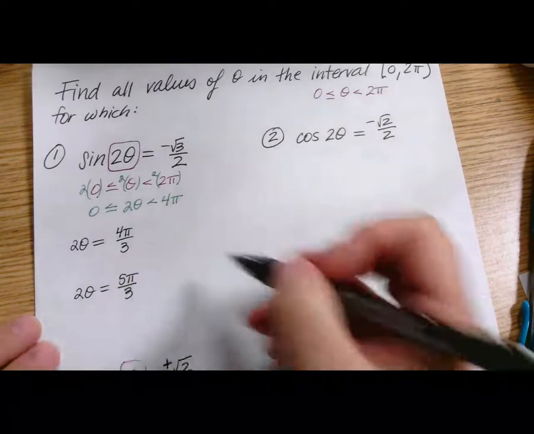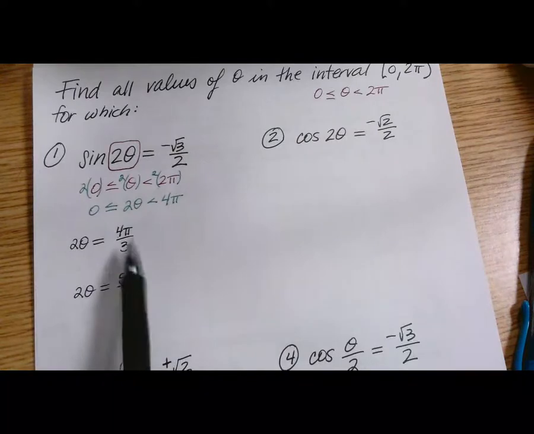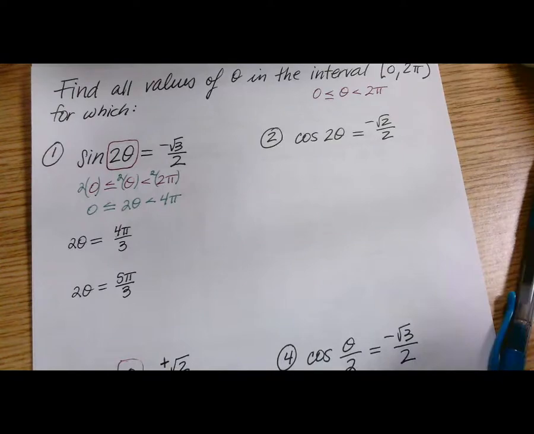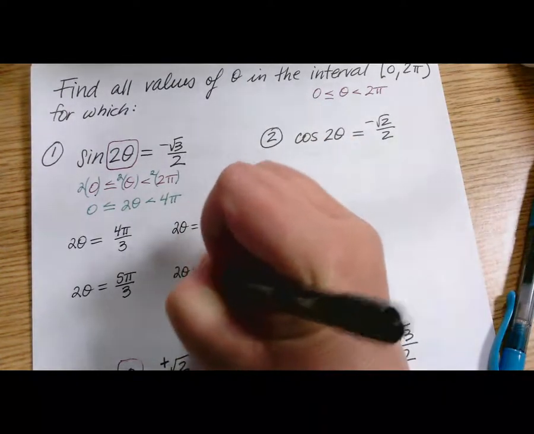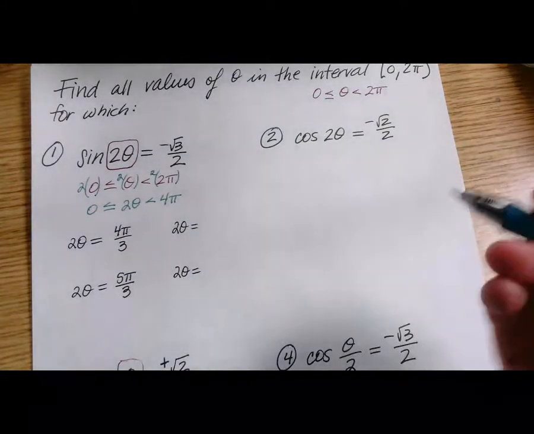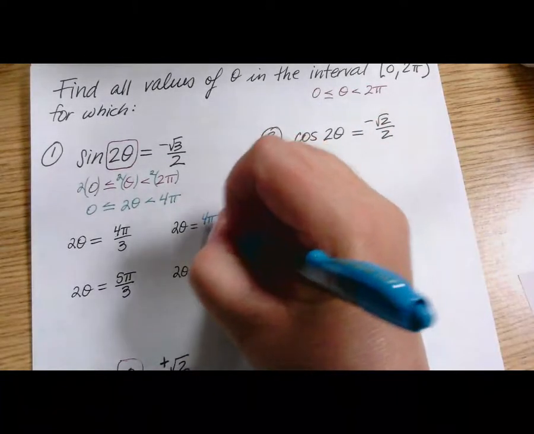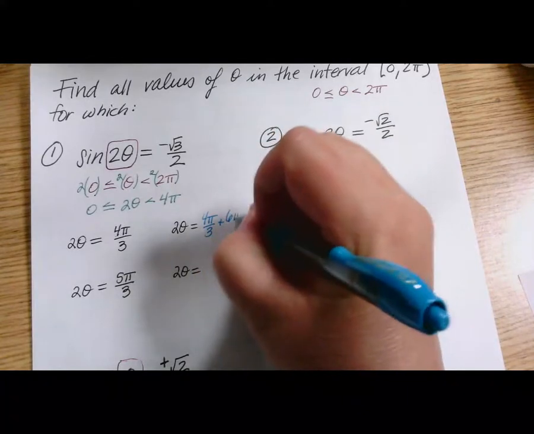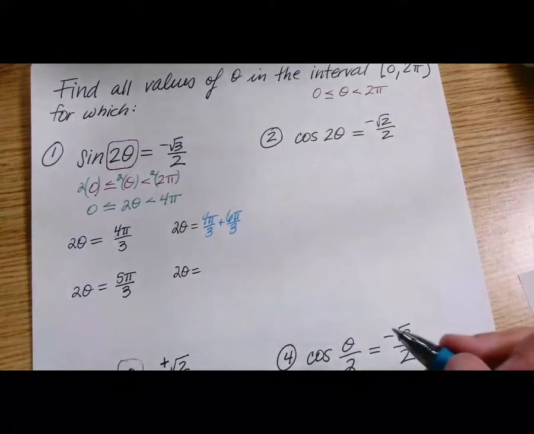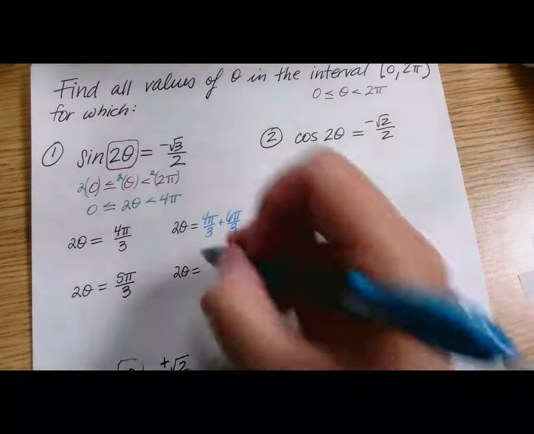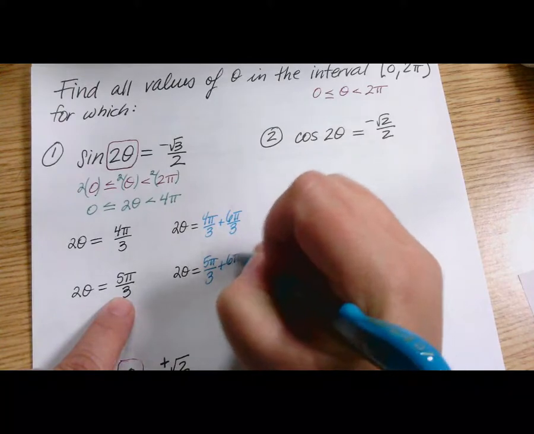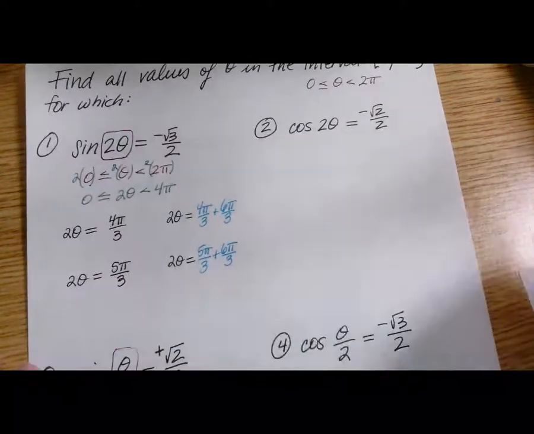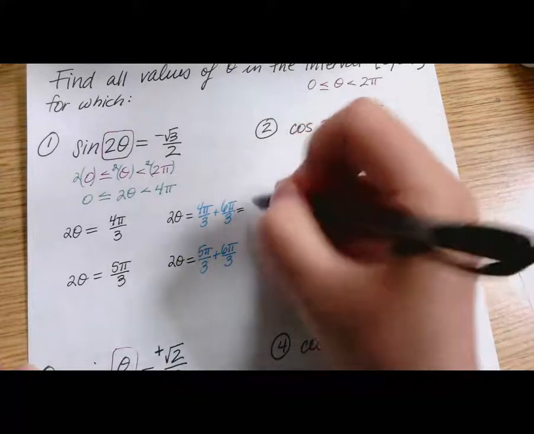If I have to go around another time, then I'm going to add 2 pi to this, because all the way around a circle is 2 pi. That's the same as taking 4 pi over 3 and adding 6 pi over 3, because 6 over 3 makes 2, and taking 5 pi over 3 and adding 6 pi over 3, because that means I'm going around one more time. So in other words, this also happens at 10 pi over 3